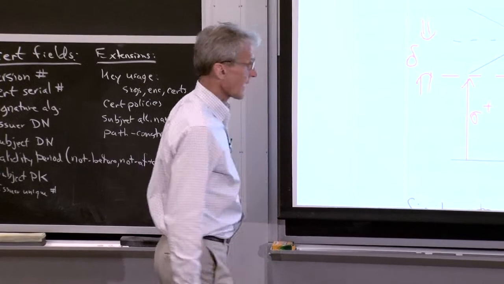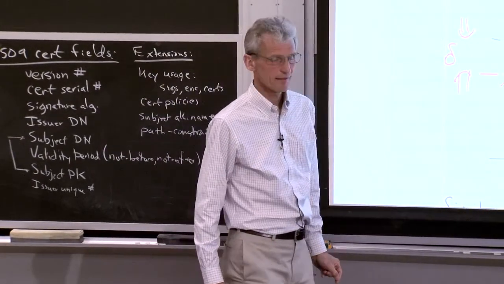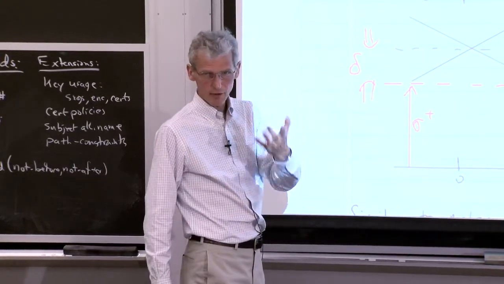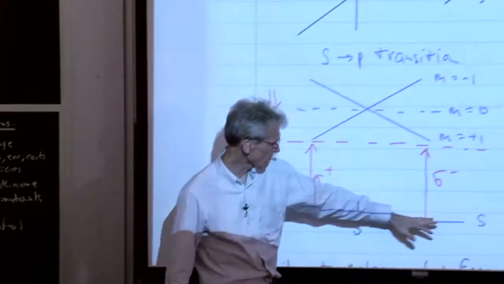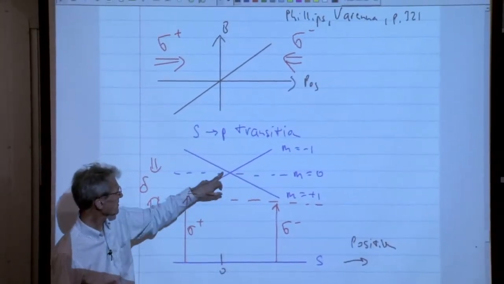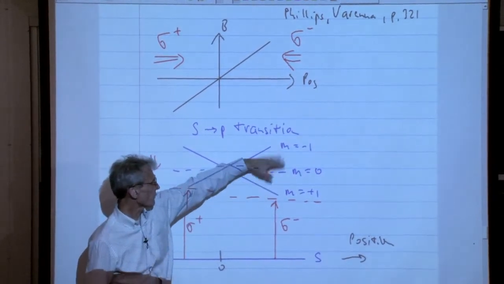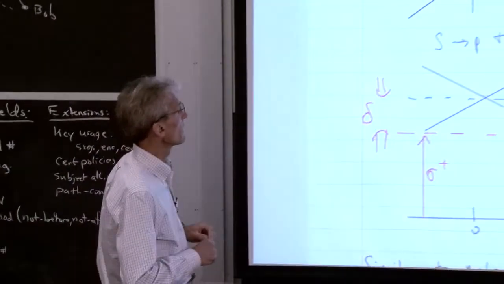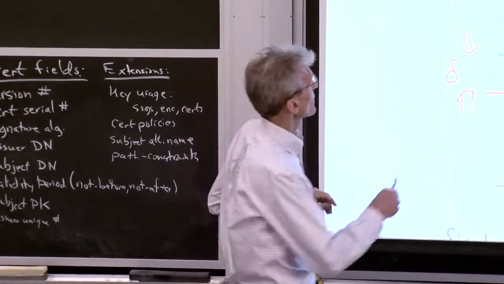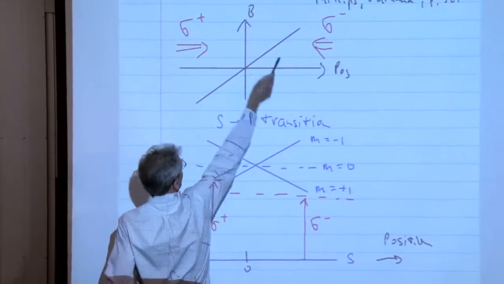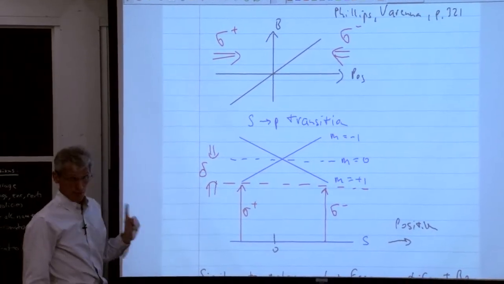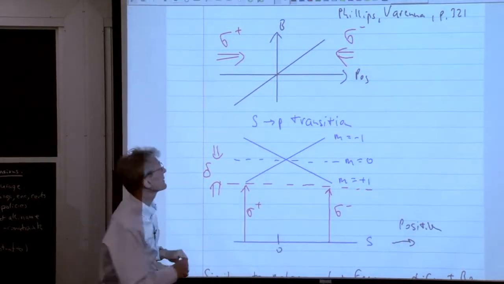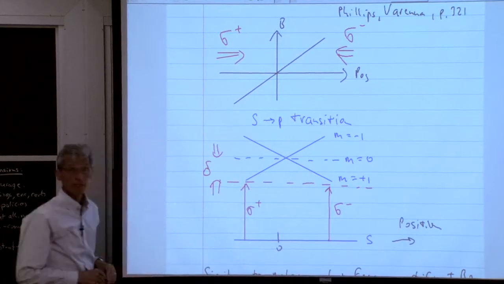Let me describe it for an atom which we are not actually using in the lab. We usually use atoms which have hyperfine structure, but for pedagogical simplicity, let me assume that we have an atom which has an S to P transition, and in the P state we have 3 different magnetic quantum numbers. So it's a simplified model. And what we are doing right now is applying molasses, 2 beams which act as molasses, but there is one difference now. They have different polarizations, sigma plus and sigma minus. And in addition, we apply a linear magnetic field gradient.